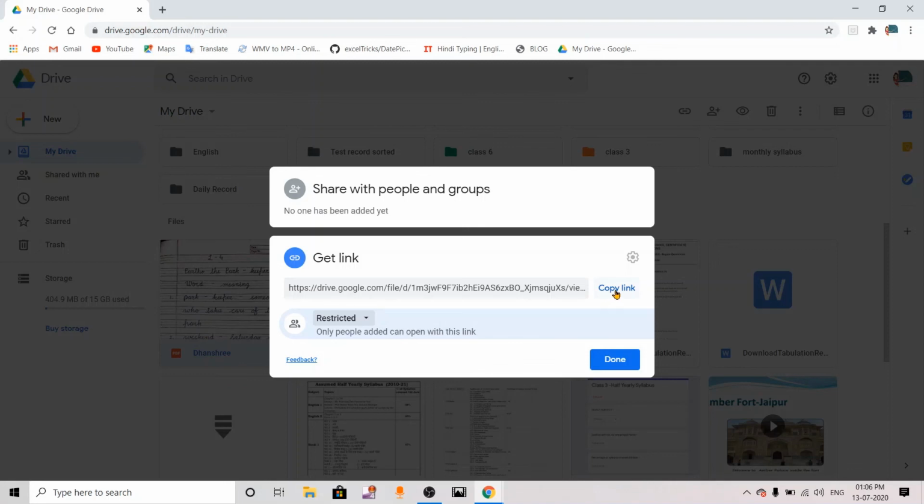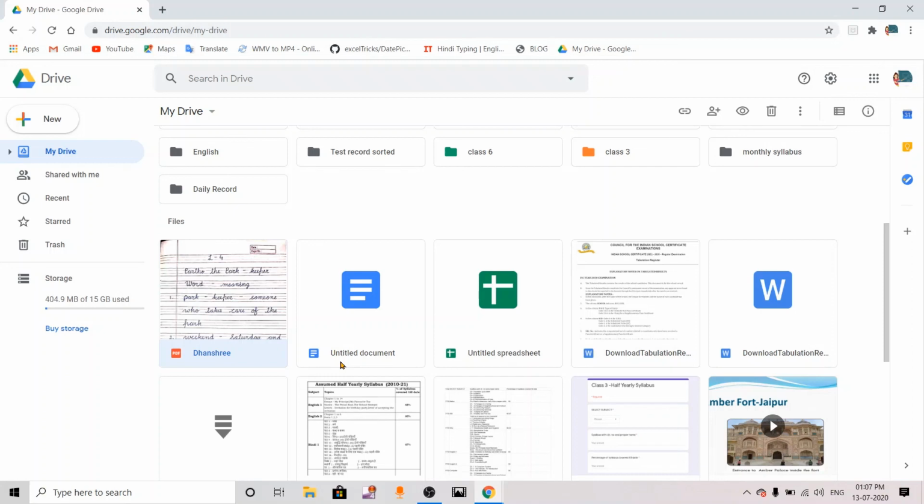Here you will copy the link and paste it, whether you want to share it on WhatsApp or any other personal SMS. You will right click, click on get shareable link, copy this link and paste it in WhatsApp or SMS, okay? So that person will just click on this link and this file will open. Next one,